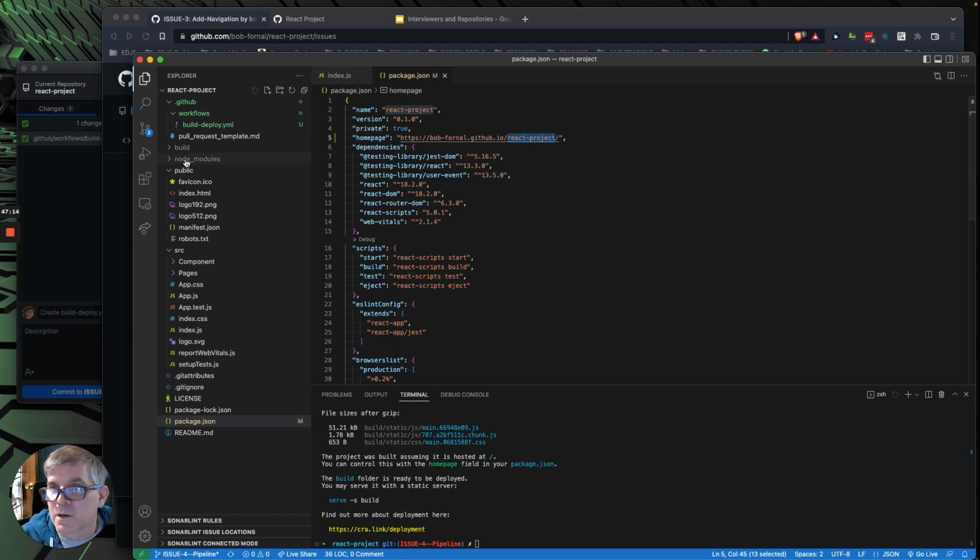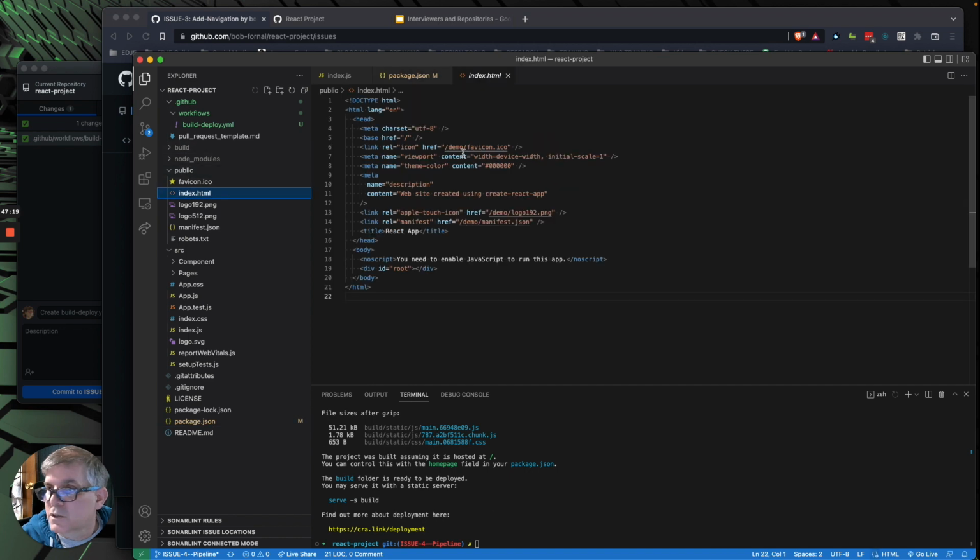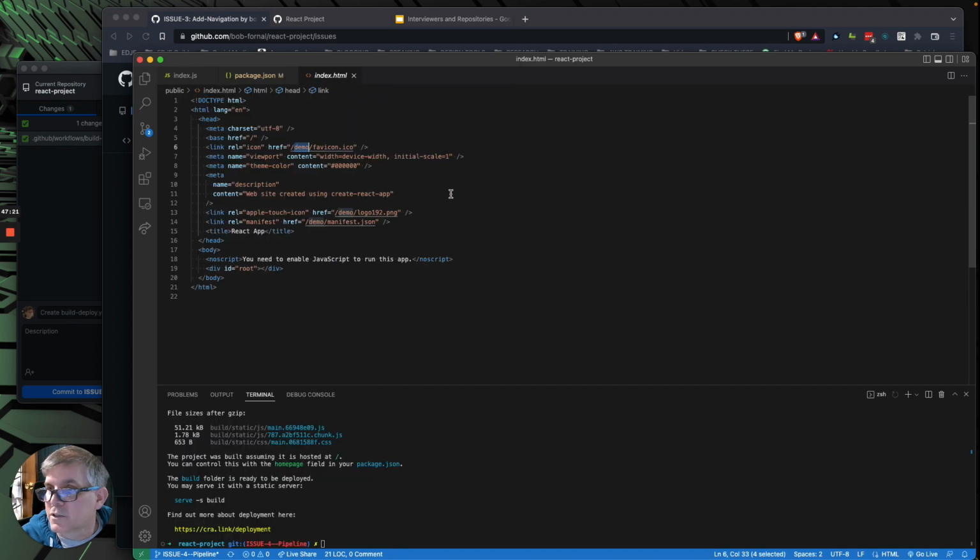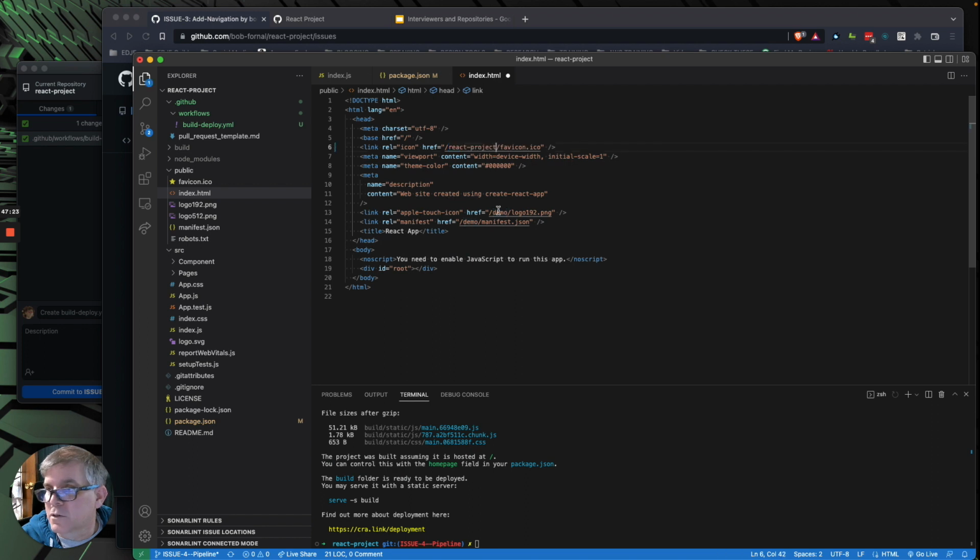We need to check our index.html in our public folder because that goes into the build eventually. Remember I told you that demo had to be fixed? Yeah, it has to be. Paste, not Control B. There we go. So React project for the fav icon, for the images, that kind of stuff. So our icon comes out right when it's on the GitHub pages. Just little things that I've learned.